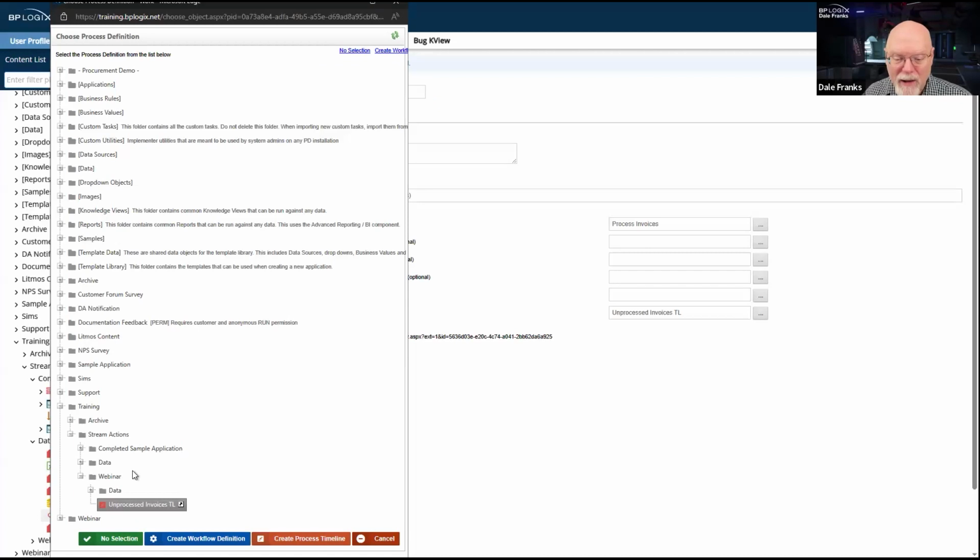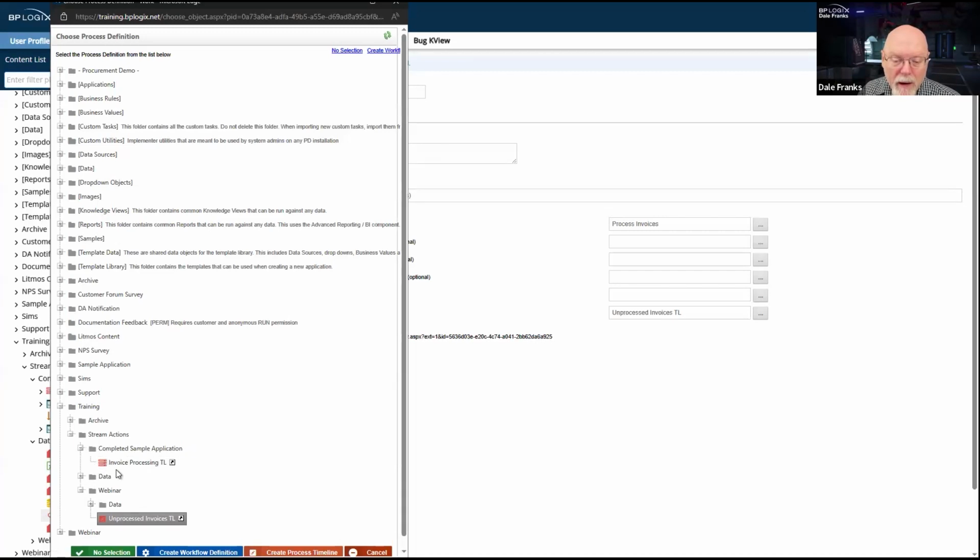Let's go back and be very clear about this. What I see, if I go anywhere, are just process timelines. If somebody was still using a workflow, I suppose they'd see that too, but you shouldn't have been using workflows for the past 10 years. So you will see process timelines. Those are your processes. The knowledge view and the goal actually kick off the process itself. They do not kick off the form.